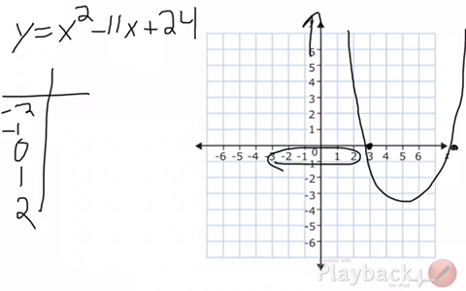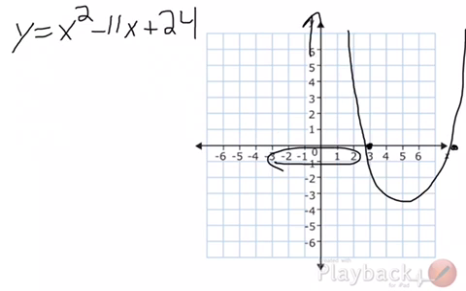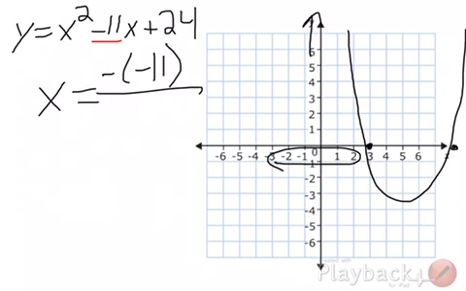Now, you won't always have 2 roots for every quadratic, but a lot of them you will. So always start off by finding the vertex. We find the vertex by using the vertex formula, negative b over 2a. So we have x equals negative, my b value is negative 11, so negative negative 11 over 2 times my a value. So my axis of symmetry is going to be at 11 divided by 2,